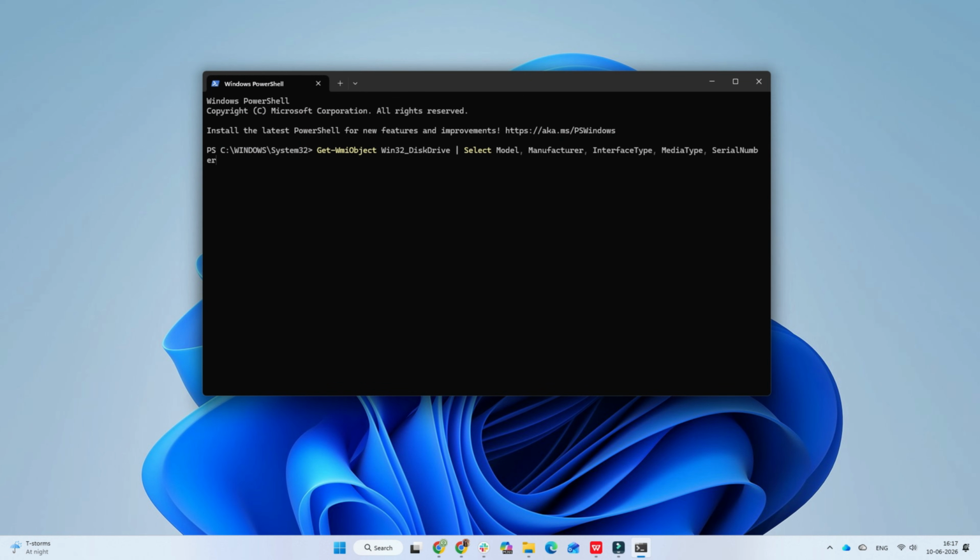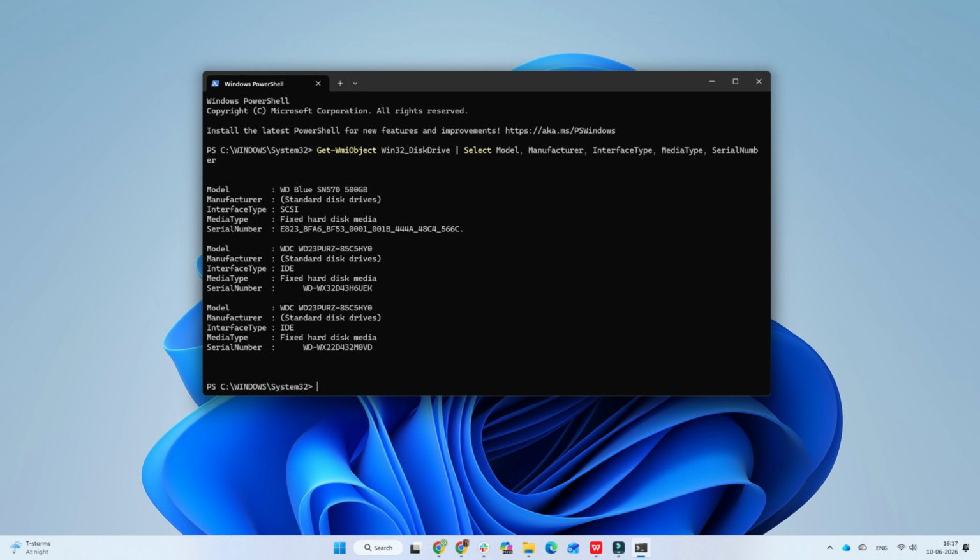Press Enter. Windows will display a list of connected storage devices along with their manufacturer, the company that made the drive, model number, the specific drive model installed in your computer, interface type such as SATA, NVMe, USB, or SCSI, media type, whether the device is a hard disk drive or solid-state drive, serial number, the unique identifier assigned by the manufacturer. This information can be useful when upgrading storage, troubleshooting hardware issues, downloading firmware updates, or checking compatibility with